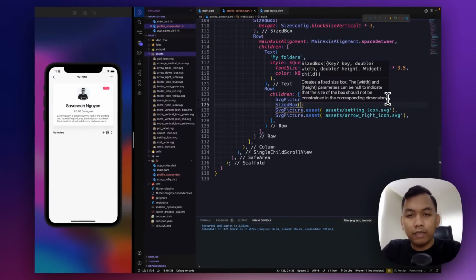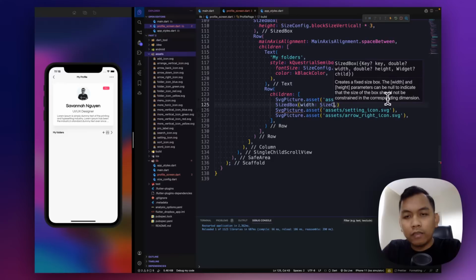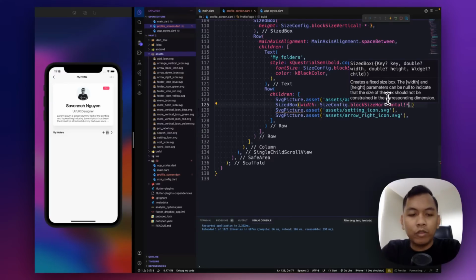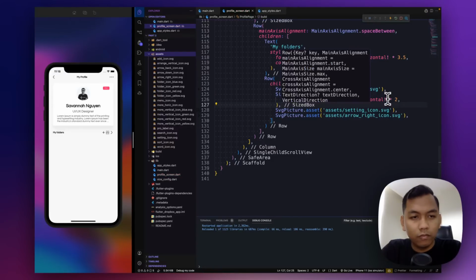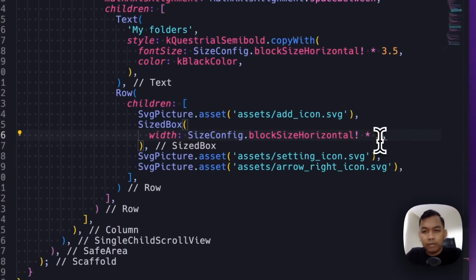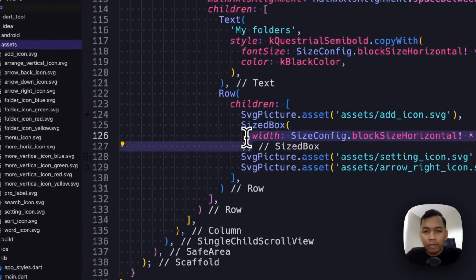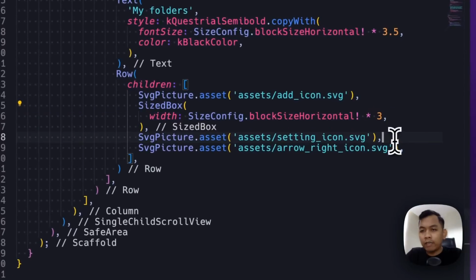And we need to set the width will be size config, and then block horizontal times to maybe 3 or 2. Or 3. Let's test this. I think 3. Just copy this and paste here.